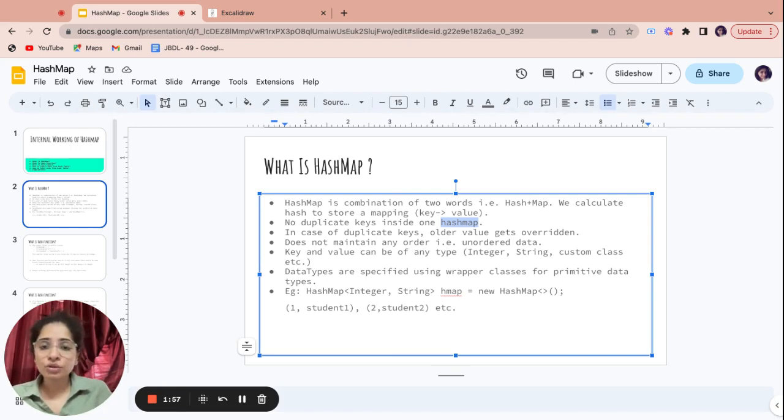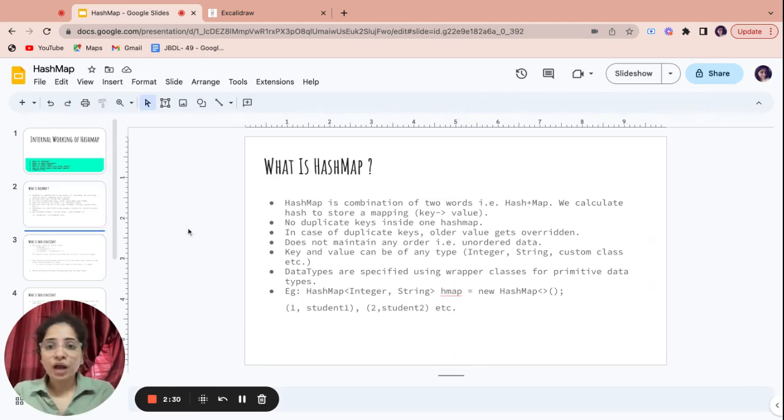Now I have to specify the data types of key and value, and to specify the data types, I always have to use the wrapper classes. That means I cannot say small int or small float. I have to use the wrapper classes. So in this example, Integer is a wrapper class of int. And this is an example of hash map.